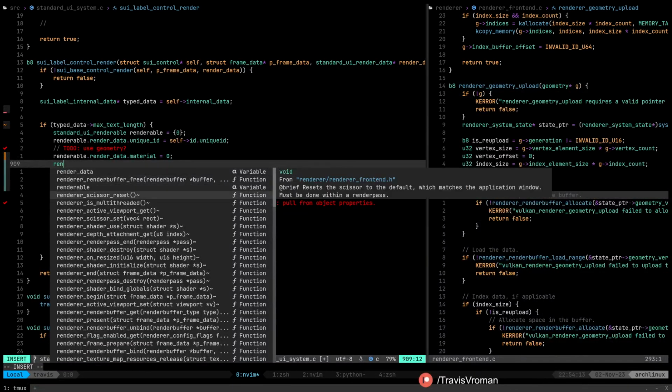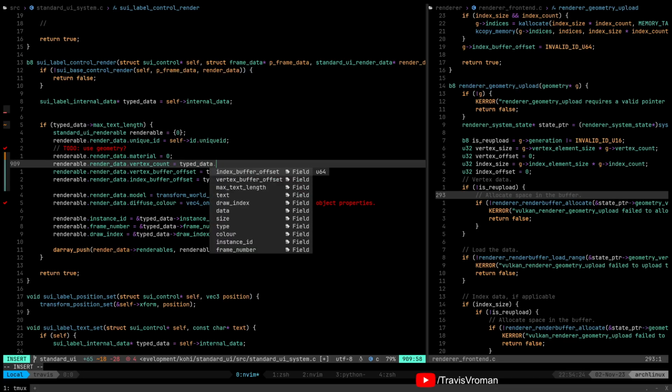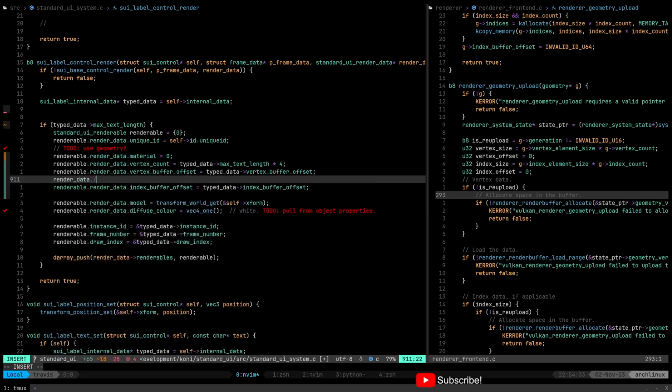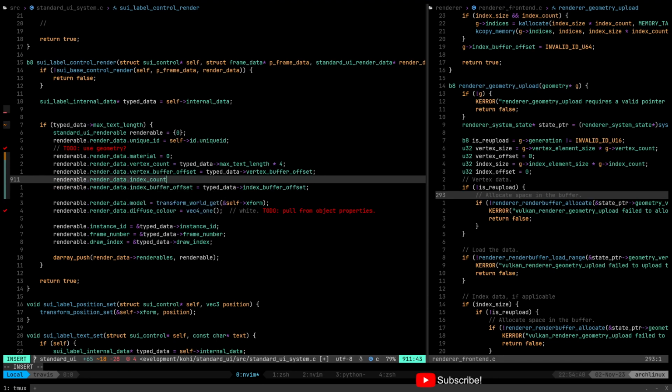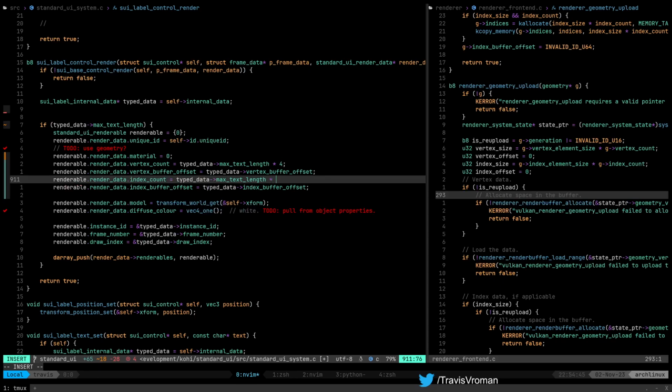Renderable render data vertex count is going to be typed data max text length times 4. Renderable render data index count is going to be typed data max text length times 6.